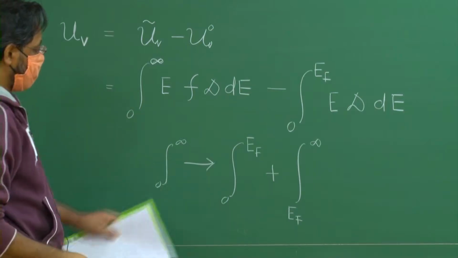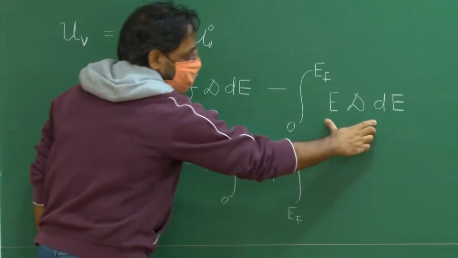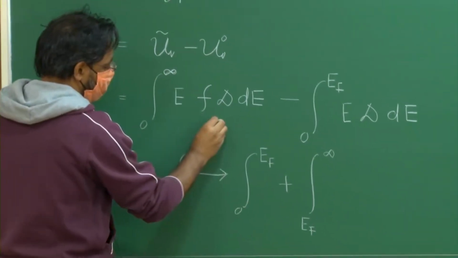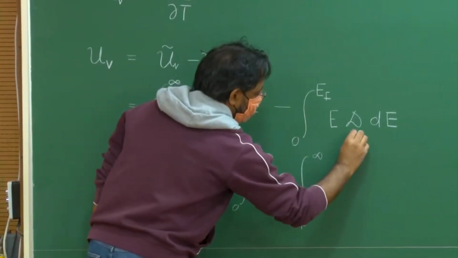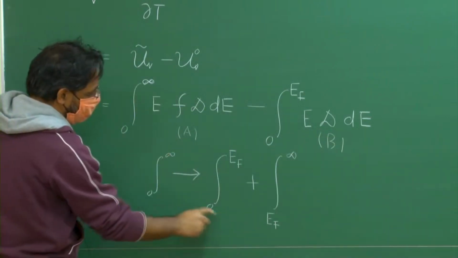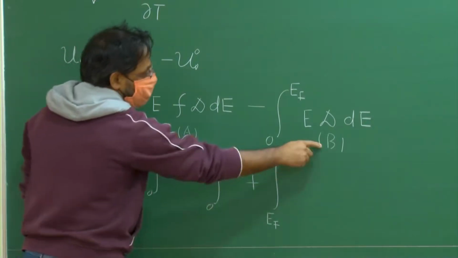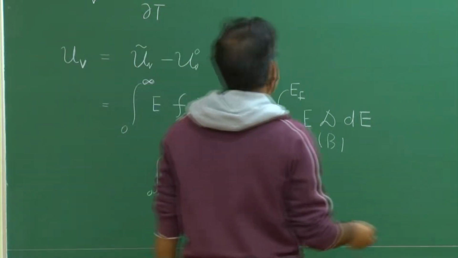You can do that, and you can absorb this part of your integral in this part. Okay. So, if I call this A and this B, then I have split A into A1 and A2, and I am going to absorb A1 into B. Okay. So, if I do that, then what I am going to get is,